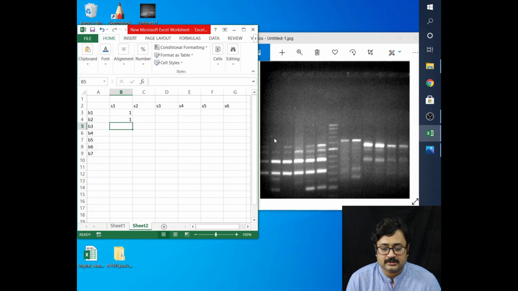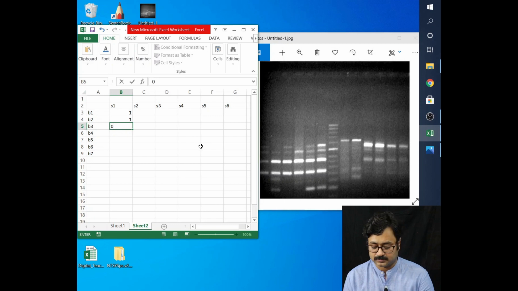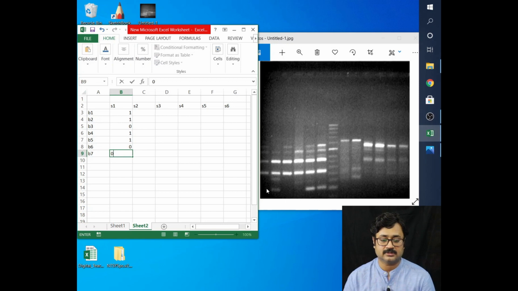Anyway, let's get back to this particular diagram. So 1 is present, 2 is present, 3 is this particular band, 3 is not present here, so we'll mark them as 0. Then number 4 that is present, so we'll mark as 1. Number 5 that is present, we'll mark them as 1. Number 6 and 7 are absent, so both will be 0 and 0.